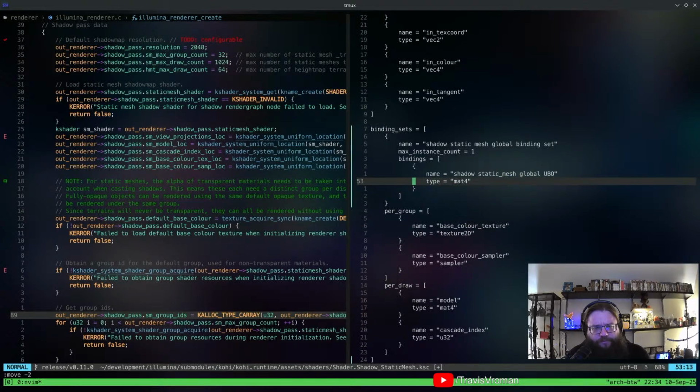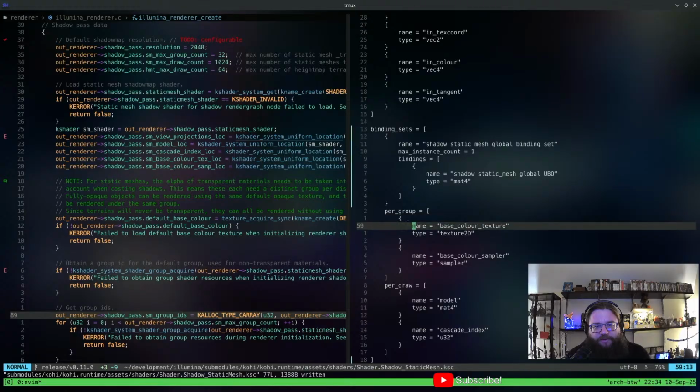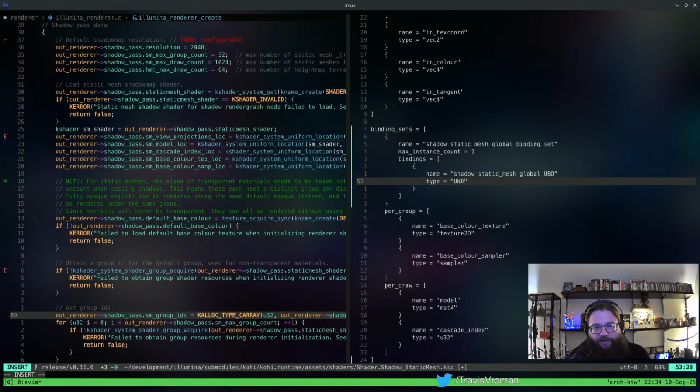All right. Let's see. Yeah, this should be UBO because we're not dealing with transforms anymore. We are dealing with binding sets and bindings. So that's our first binding set.